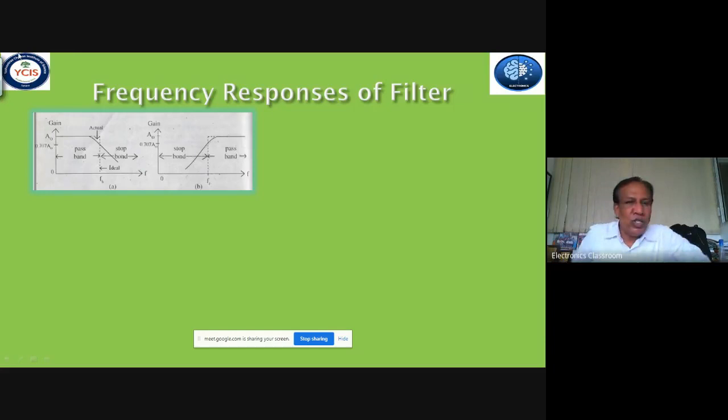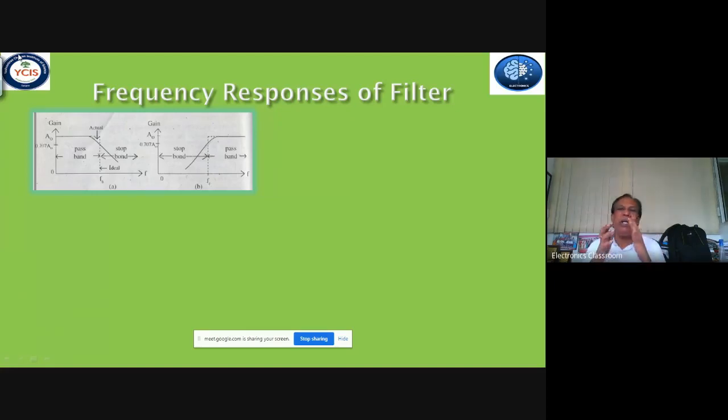Let us join this theoretical part again, and tomorrow we will make some corrections. We will make some mathematical formulation related to the filter analysis for the low pass filter, high pass and band pass filters. This graphical representation shows frequency against the gain. I have already come to the point of how to calculate the gain. Gain is nothing but the output signal to the input signal. It is called the gain of this